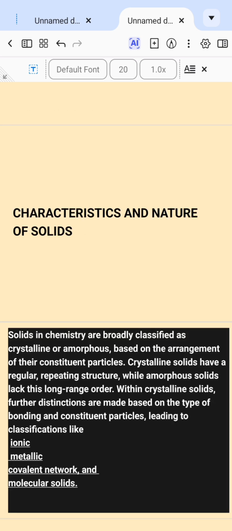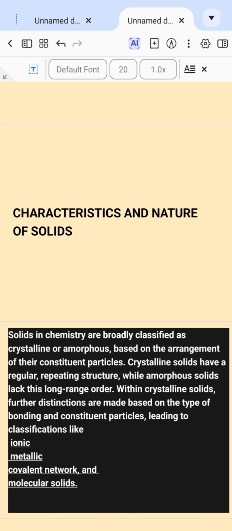So what are the different types of solids in chemistry? We have two types, which are crystalline solids and amorphous solids. And they are classified or arranged based on their constituent particles. Now, crystalline solids generally have a regular repeated structure, unlike amorphous solids that lack a regular arrangement in